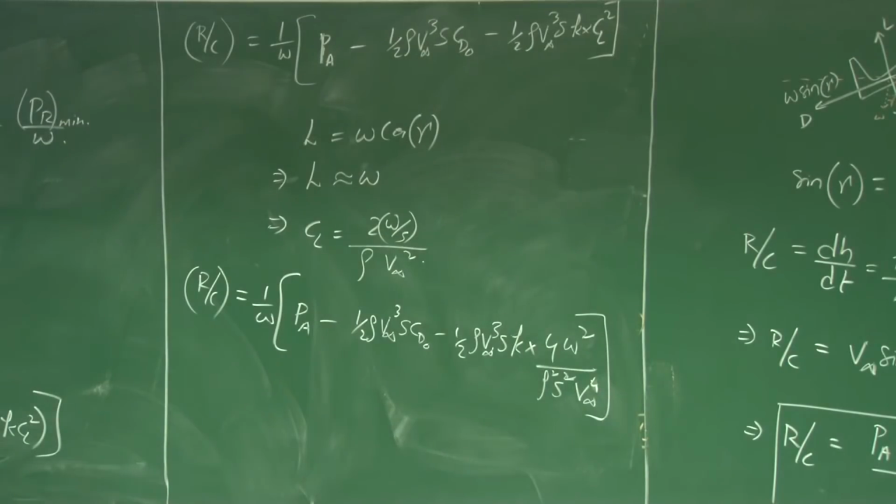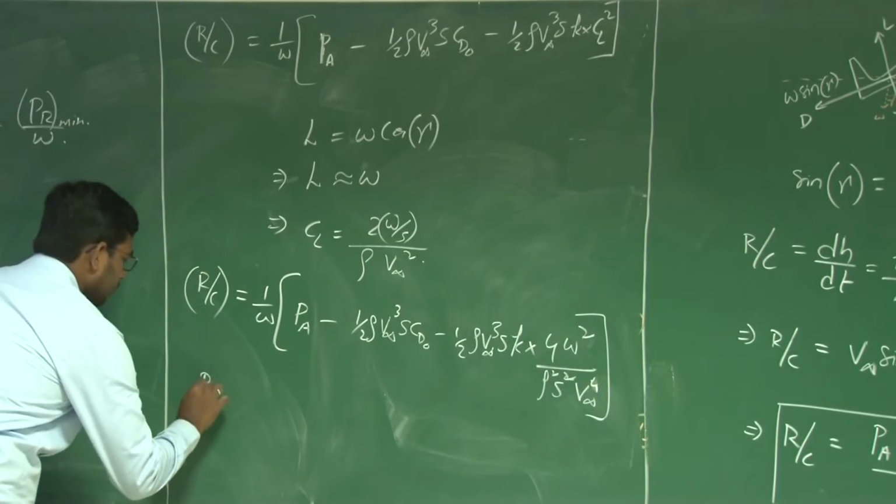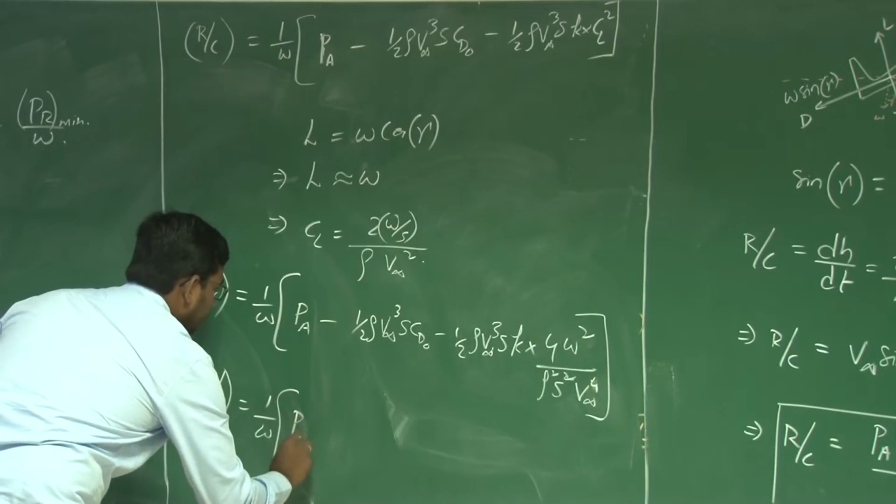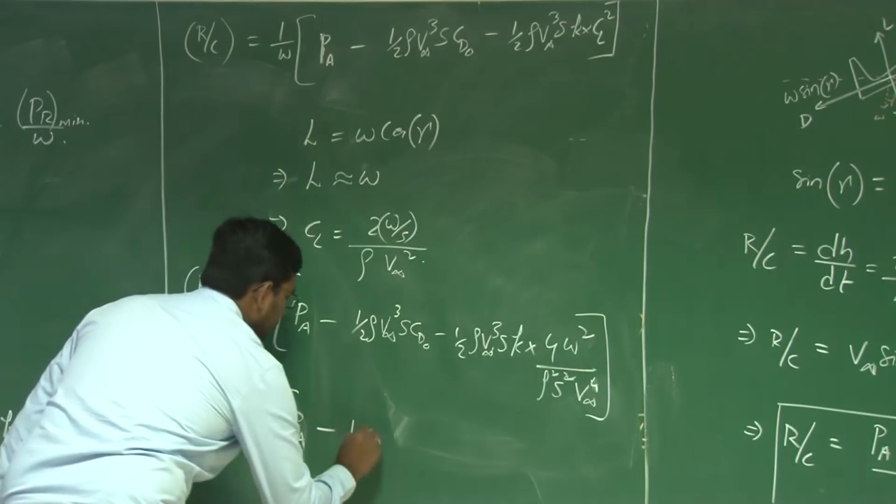Sorry, right. So rate of climb is equal to 1 by W power available minus